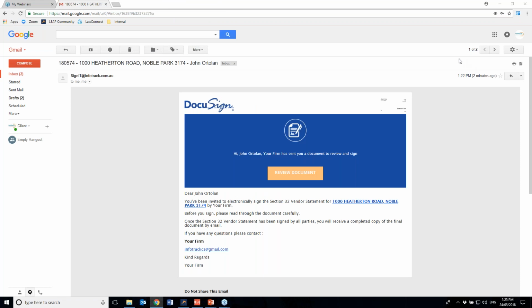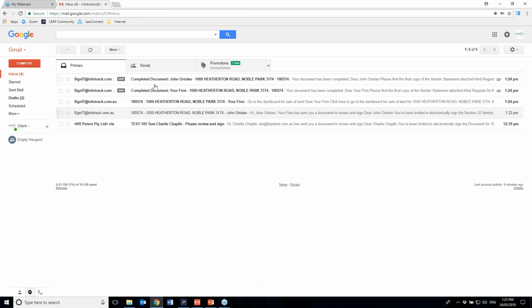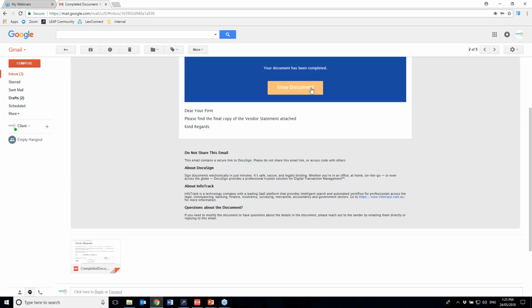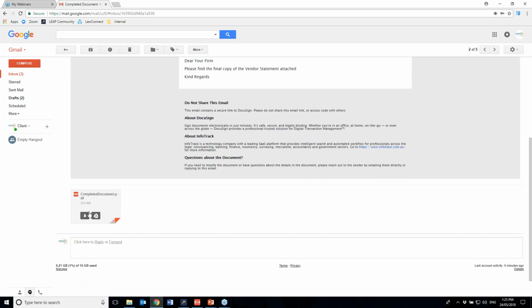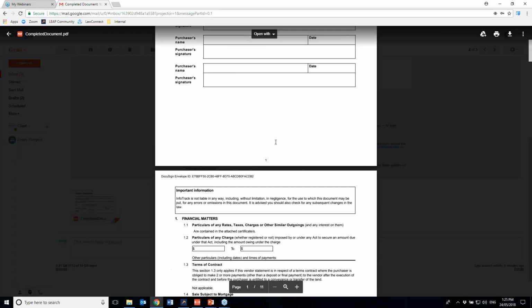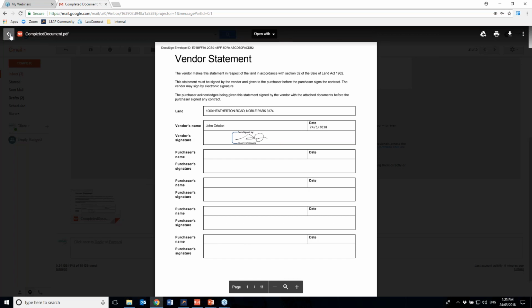Okay, great. So from the solicitor's end, you can see now that your firm, solicitors, have received an email where you can view the document using this link, or you can just go down here and see the completed and attached PDF of the signed vendor statement. So from your end, this would make things a lot easier. You can directly download this document